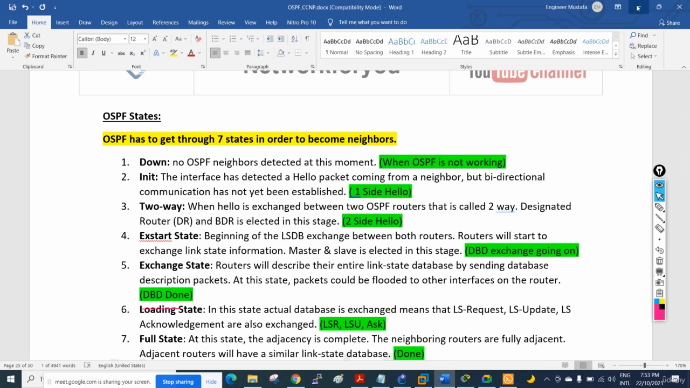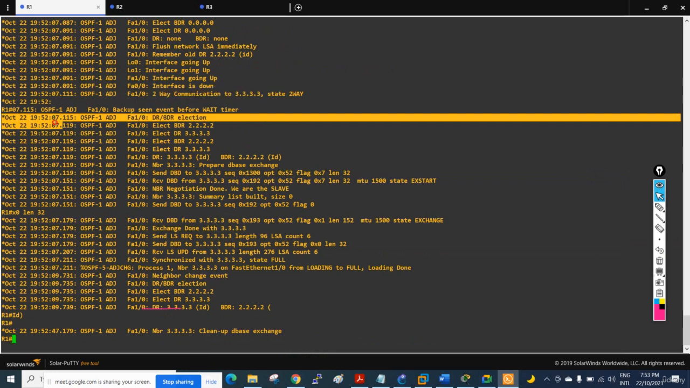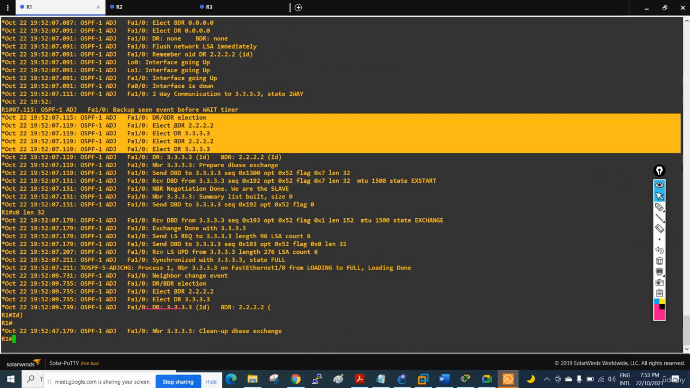Okay, then after the two-way we have ExStart. After this is a two-way. In two-way they will have the DR BDR election, as we are saying. So here the DR BDR election is going on, and after that